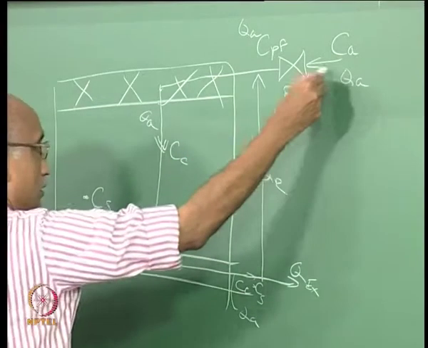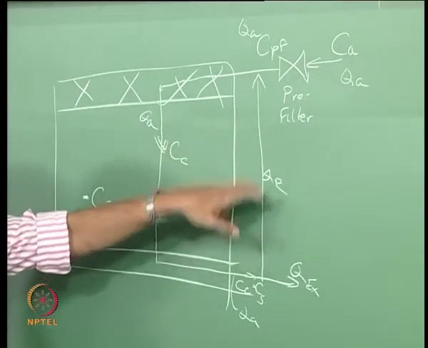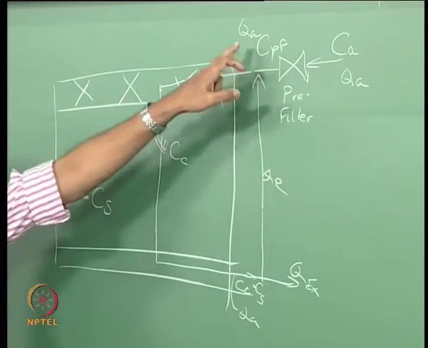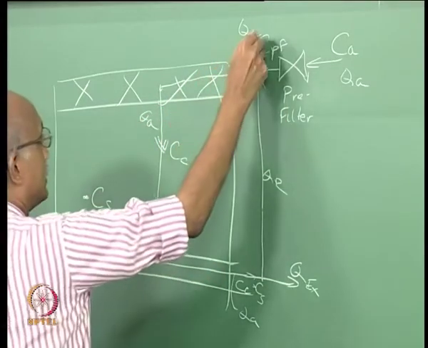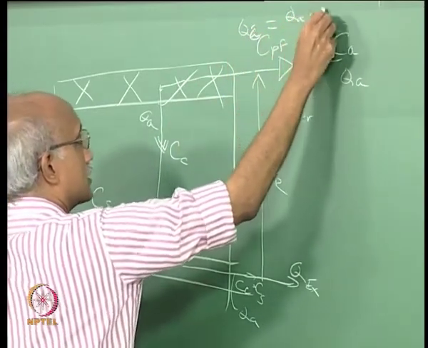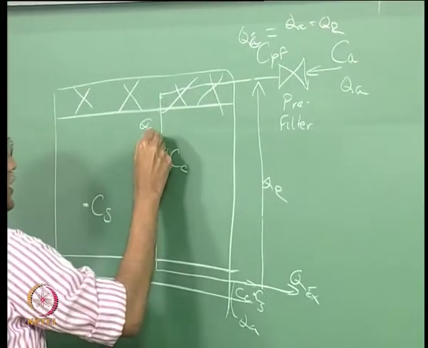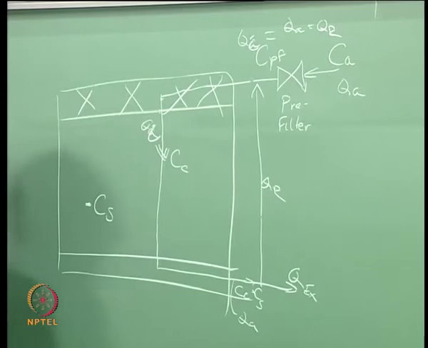If Qa is the flow rate coming in here and you are now adding Qr, then this becomes some Qi, let's call it, entering the clean room, Qi, which is equal to Qa plus Qr. So this is now actually Qi, right,